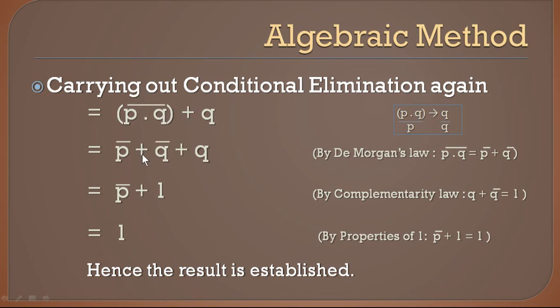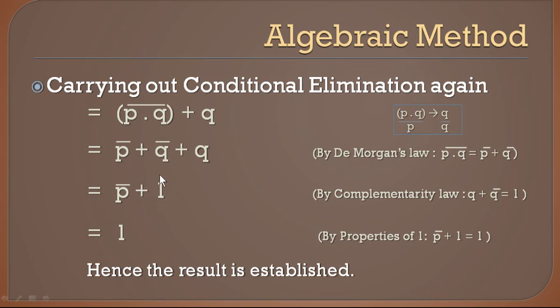Now you got this. So what you can do is, using De Morgan's law, you can convert this. That means it will become P dash plus Q dash plus Q. By De Morgan's law, P dot Q the whole dash equals P dash plus Q dash. So you will get this term, right? Now you can see that you got another term which is common, that is complementarity. You can use the complementarity law for this, that is Q dash plus Q. So Q plus Q dash is equal to 1. That's why you got 1 here.